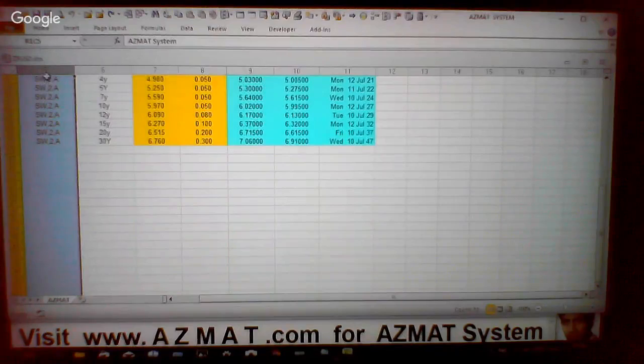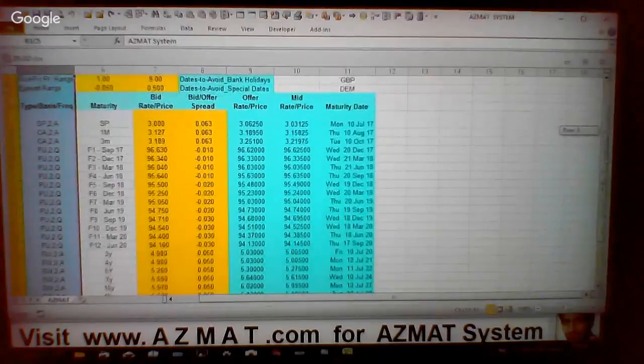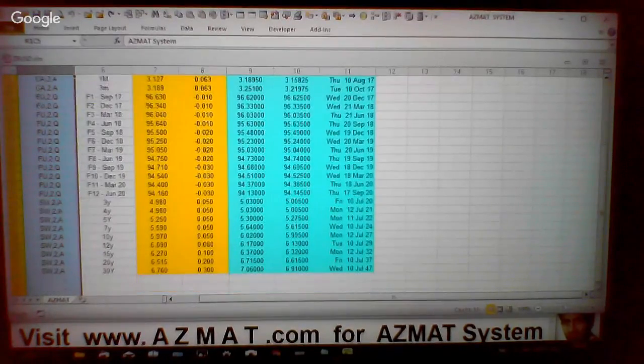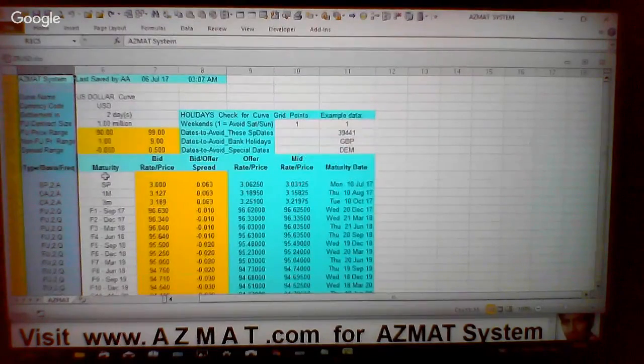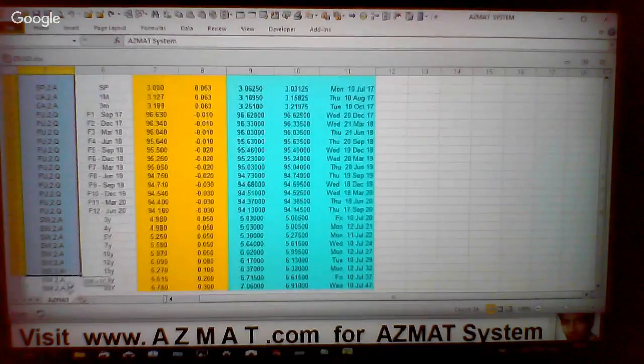When you select a particular column, the whole column is selected. So we don't really need to select the whole column. I could have selected, for example, from there to there,